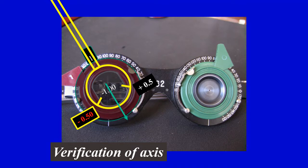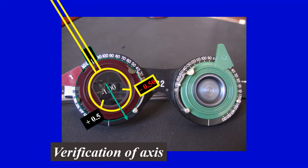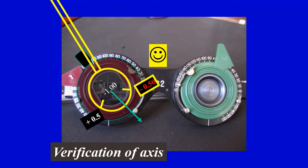Then we ask the patient to look at the chart, and we make flipping and ask him which is better, the first position or this new position. Suppose the patient told us the second position is better. As we are dealing with a minus cylinder in the trial frame, we keep an eye on the minus sign of the cross cylinder. The minus was first here, and on flipping it is on this side, and the patient sees better when the minus is on this side. In such a way, we are going to rotate the axis of the cylinder in the trial frame